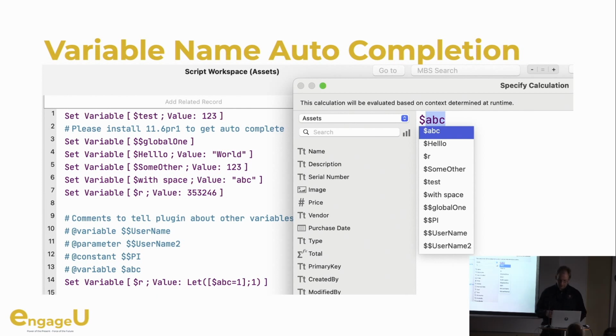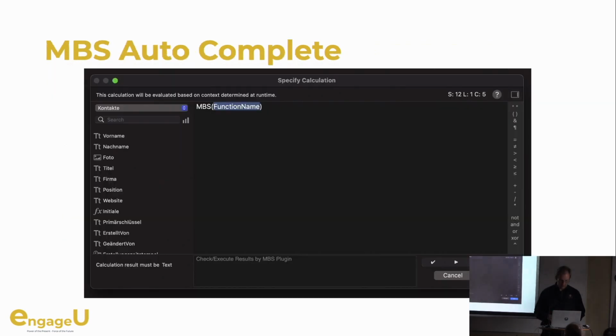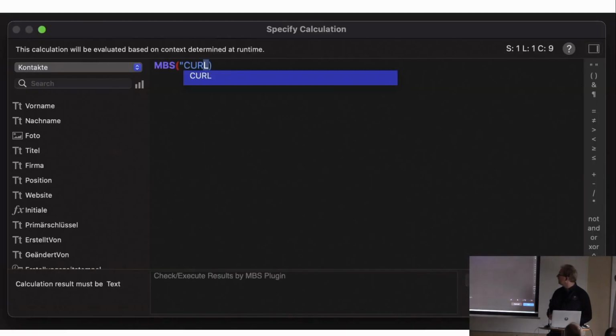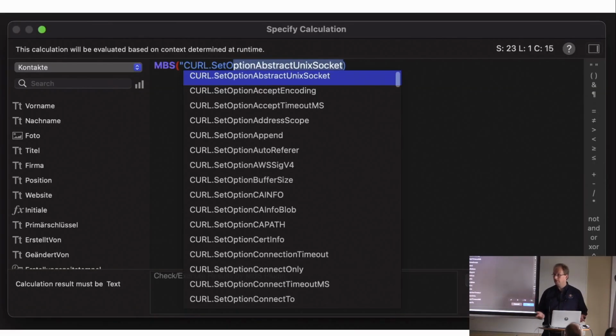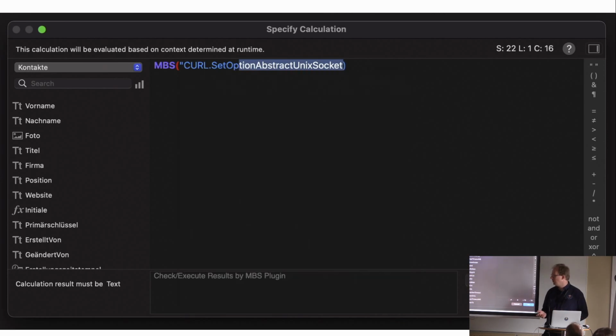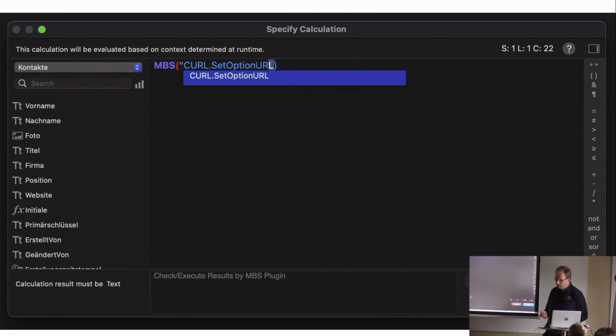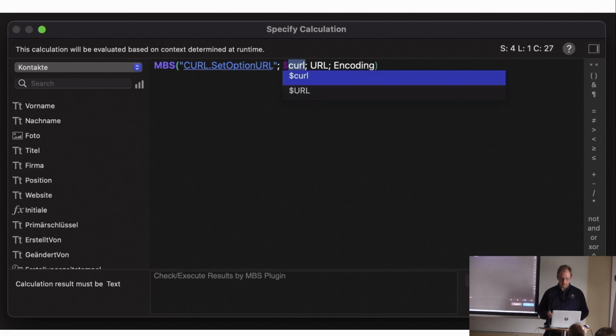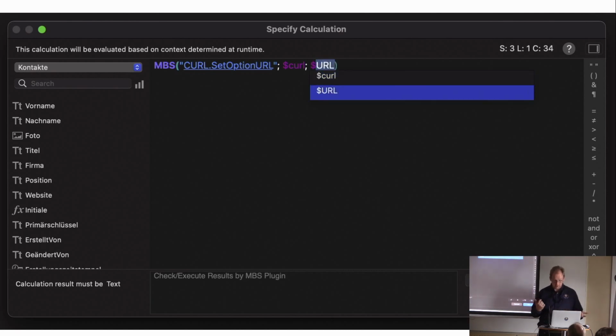As we made autocomplete for variable names, the next thing to do was autocomplete for MBS function calls. So you can type an MBS function, and we make suggestions based on the current text. And then when you complete the function name, we also put in the parameters, so you can easily fill them, and also use the variable completion